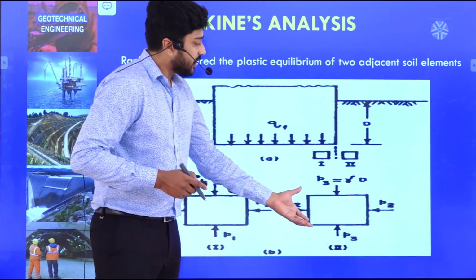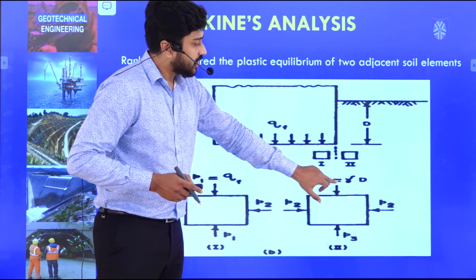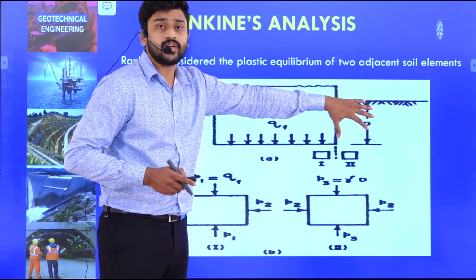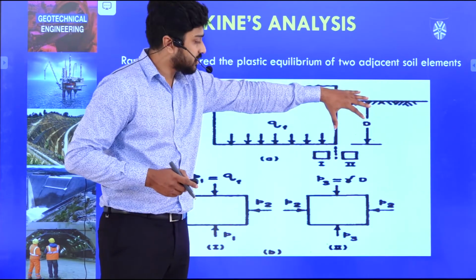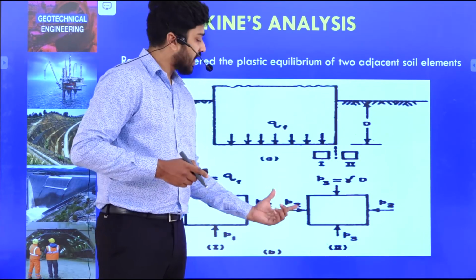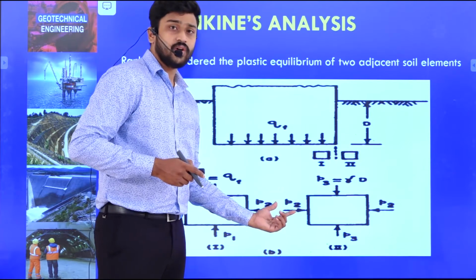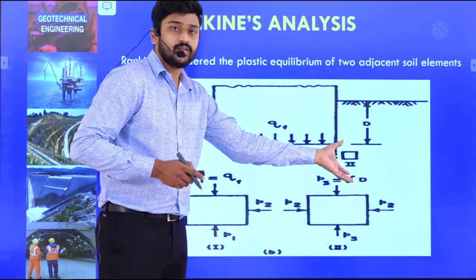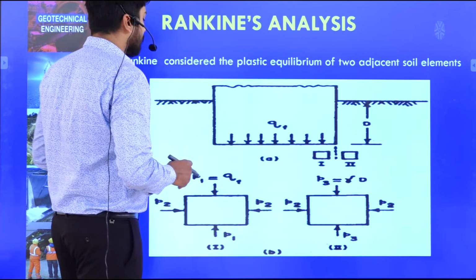But in case of element 2, here the vertical load is the self weight of the soil above it. That means it is something, say gamma into the depth d, where the element has been considered, as well as there is some lateral force or stress, which actually occurred due to element 1. Okay, so let us look at this more in detail now.